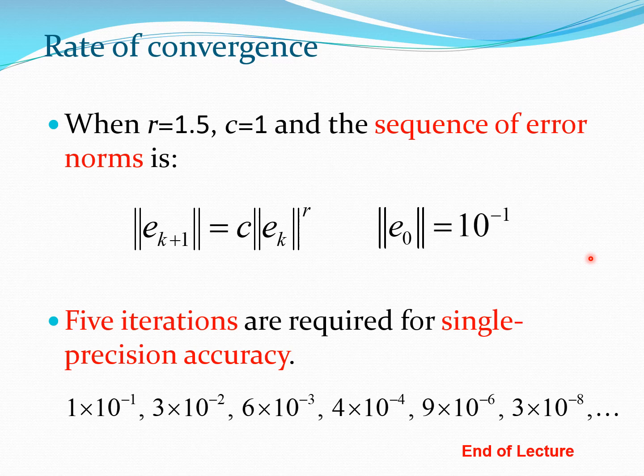So basically summarizing today's lecture, you have the two important concepts, rate of convergence and convergence rate, and you have linear rate of convergence, superlinear rate of convergence, quadratic rate of convergence, and you may even have cubic rate of convergence and so on depending on the value of R. But in all those cases, one must also remember the rate constant, and that would be very useful to determine the actual progress of the method.